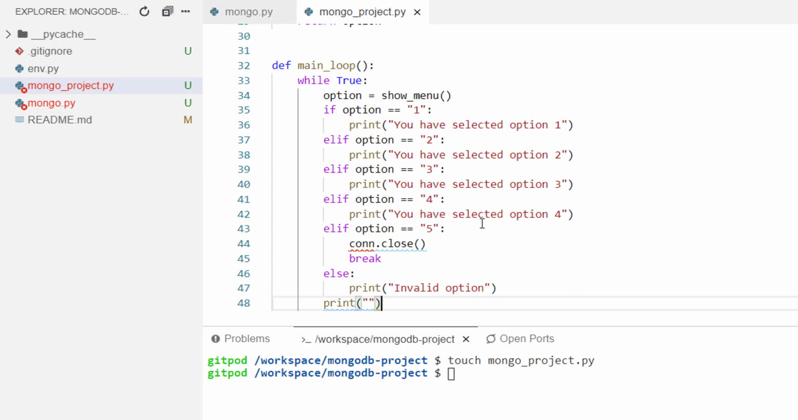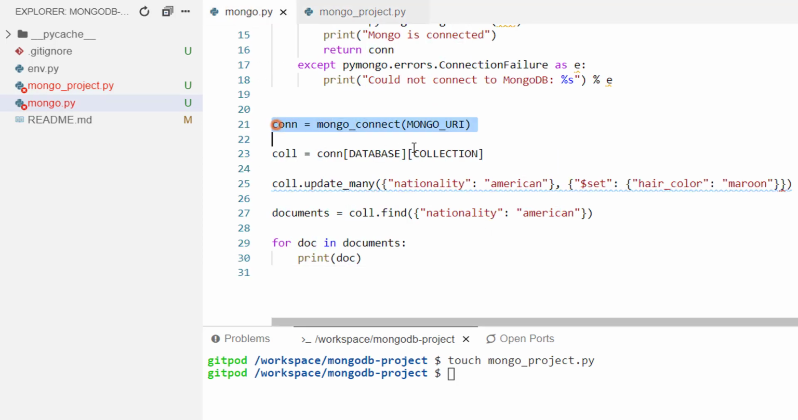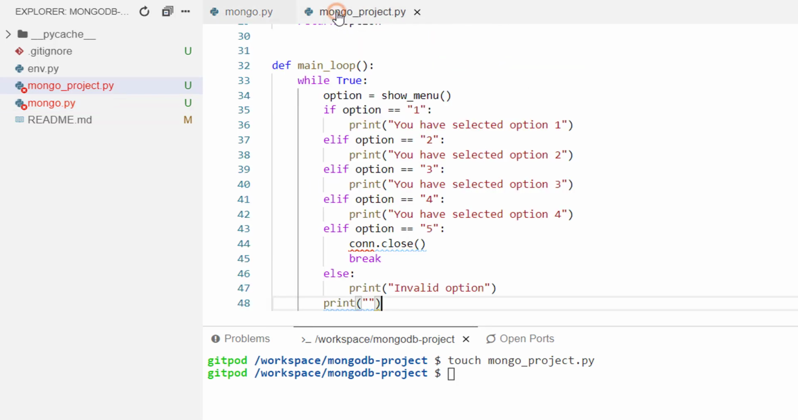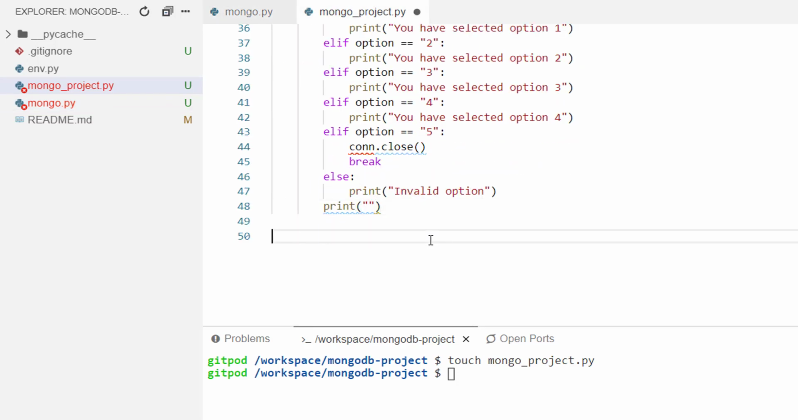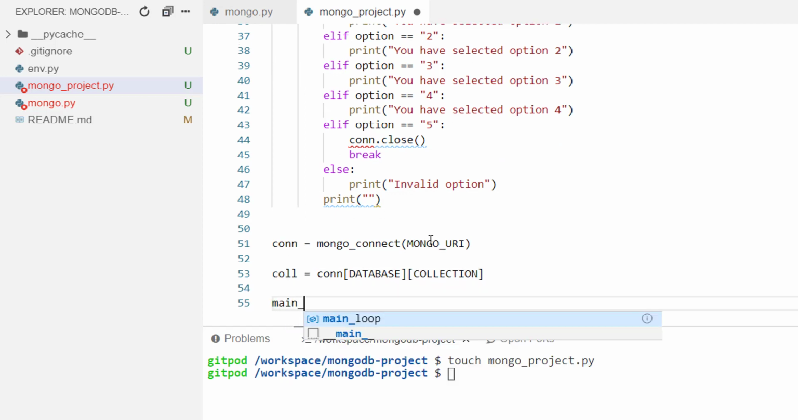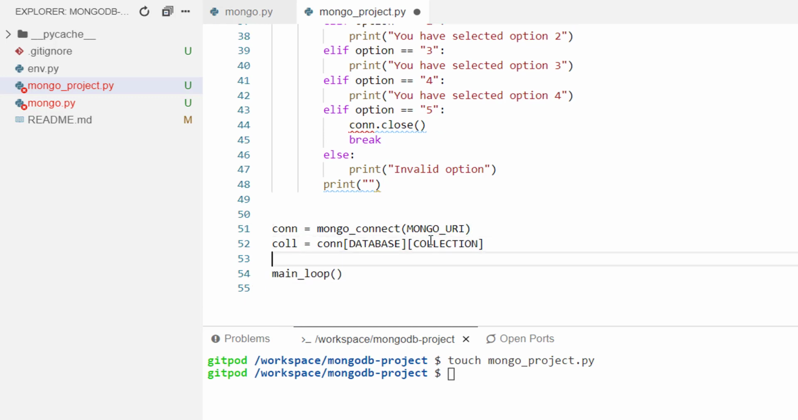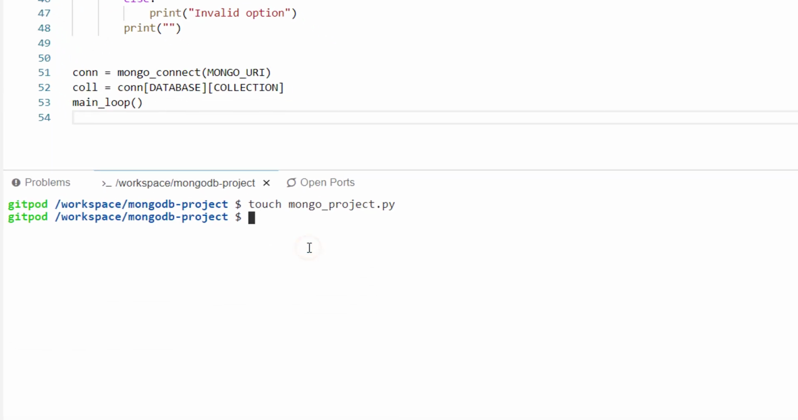To create our connection object from Mongo, we can go back to our previous mongo.py file and grab the connection and collection lines, then paste them in our current project. That will call our Mongo connection and create our Mongo celebrities collection. The final thing we need to do is just call our main_loop function, which will continue to display our menu and process the options. Save the file and clear the terminal, then type python 3